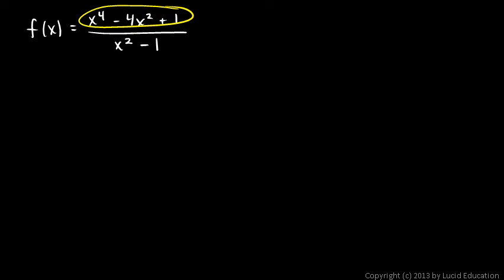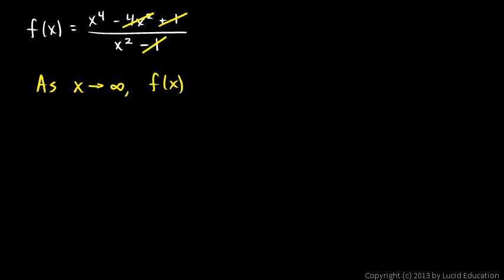the numerator and realize that as x gets big, x to the fourth is going to get bigger much faster than these lower power terms, so these lower power terms become insignificant by comparison. Apply the same reasoning to the denominator. The highest power term in the denominator dominates all of the others. The others become insignificant by comparison as x gets really big. So as x approaches infinity, or in other words, as x gets really large, the lower power terms become insignificant,